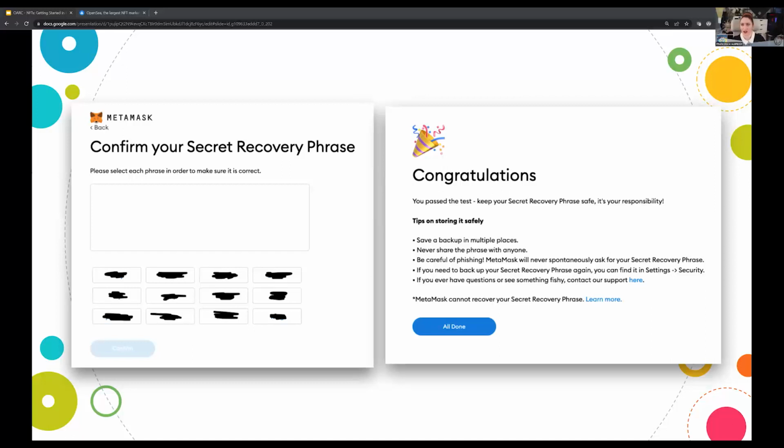And then I'm seeing another question. Can I pay for an NFT with the cryptocurrency of my choice, or is it set up by the seller? That's a great question. We're going to cover that in just a few minutes, Charlotte. What I can say right now is that it depends on the blockchain that the NFT is set up on. If it's set up on an Ethereum-based blockchain or a Polygon-based blockchain, then you're going to need to use a certain kind of coin, an Ethereum-based coin, in order to pay for it. If it's set up on a Solana blockchain, which is the other platform that we're going to look at later on today,